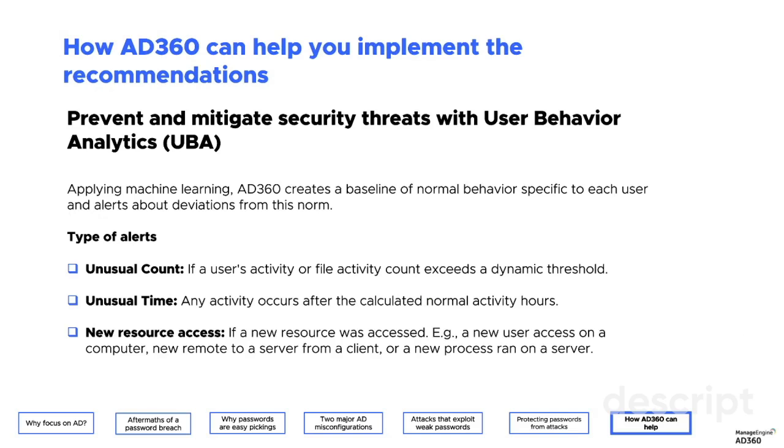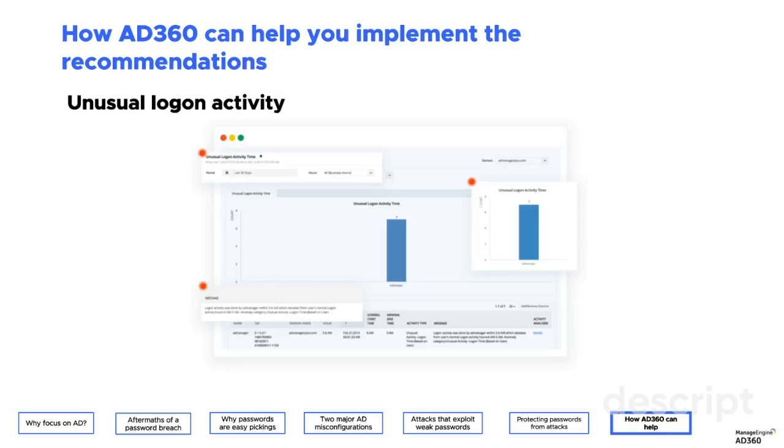And when it comes to AD360, it helps you do one more thing, which is user behavior analytics. Now, this is going to be the factor that's going to give you the cutting edge. The idea is to scale beyond native limitations and ensure that you start analyzing users' behavior. If there's an unusual volume of activity happening at a different time of day and new resources being accessed, your system will notify you of the unusual behavior. It will tell you where exactly it initiated from, which machine, which endpoint, what service was accessed, what device was used, from where this happened.